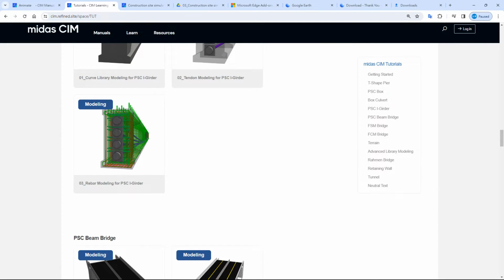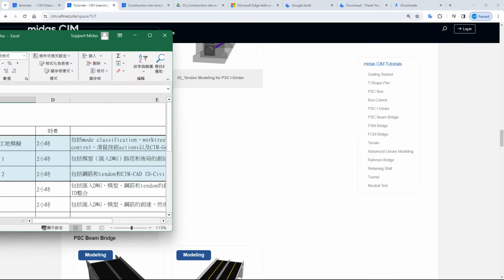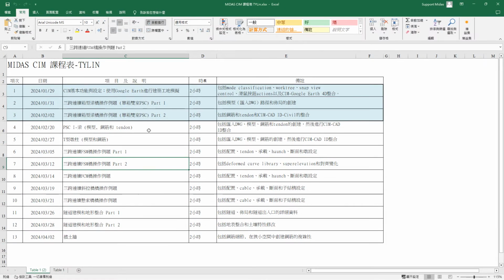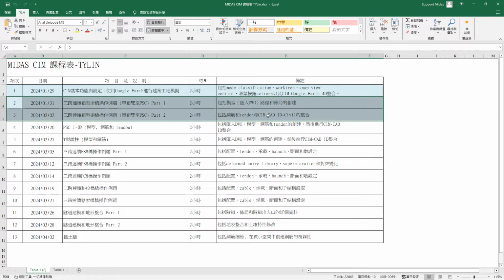And then after that, you may have been given the tutorial, right? So the scheduled tutorial will be like this. As you can see, this is the first class, and then the next two classes will be given in Chinese by my colleague Angel.